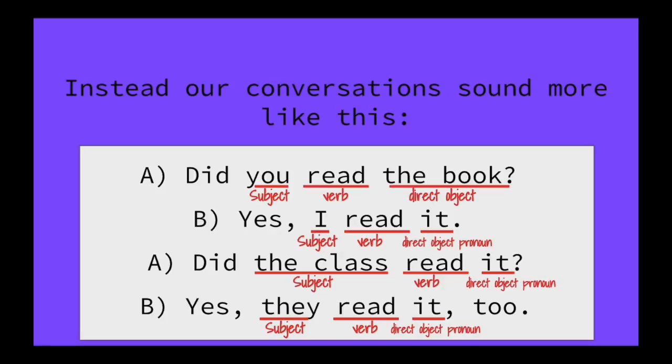What I'm trying to explain here is that once you have established what you're talking about in the conversation, you don't need to say that thing over and over again. So you can replace it with a pronoun. In this case, it. En español, los pronombres de objetos directos son